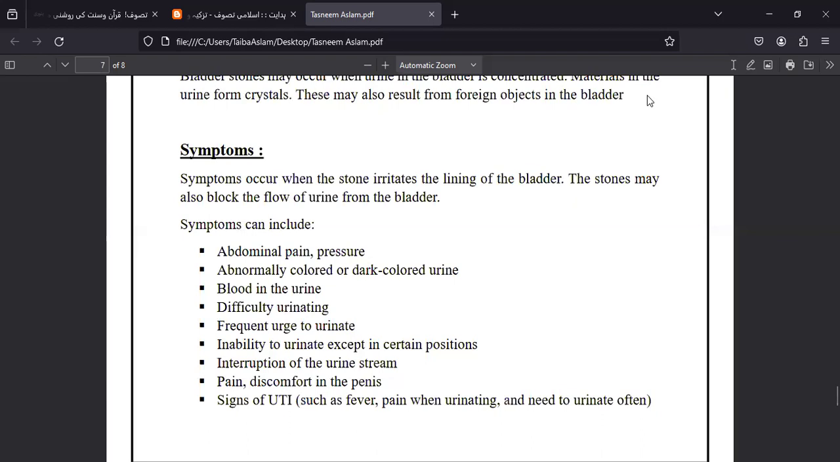And the next one is symptoms. Symptoms occur when the stone irritates the lining of the bladder. The stones may also block the flow of urine from the bladder. Symptoms may include